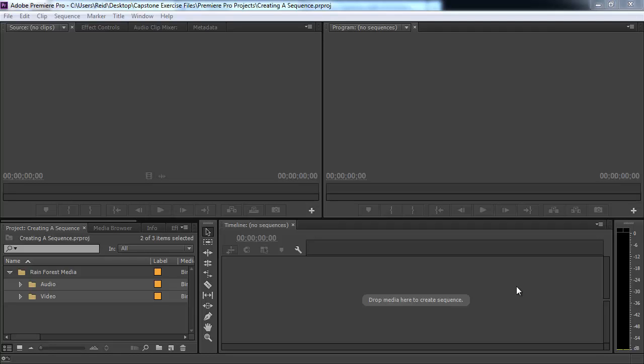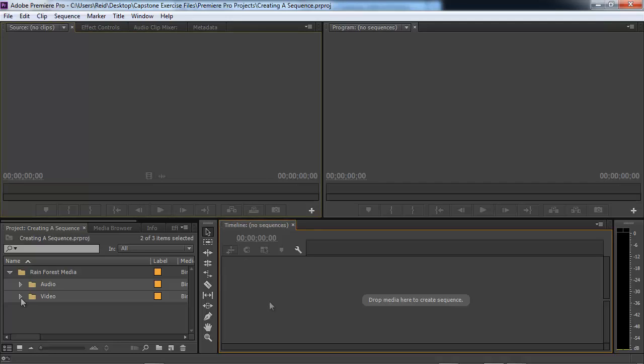Now we're going to talk about the final step after importing and organizing the project that we need to do before we start editing in Premiere, and that is to create a sequence, also referred to as the timeline. Those terms will be used interchangeably because the timeline window here is where the sequence is created. The sequence stands for sequence of clips that are put together, organized in the timeline to create the edit or